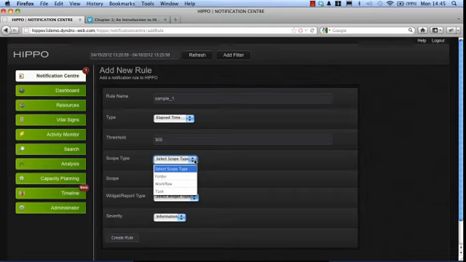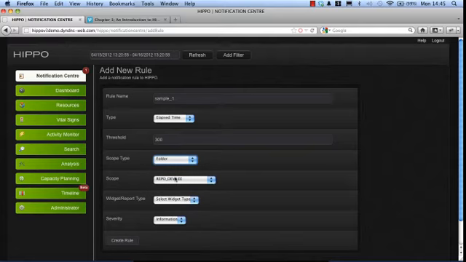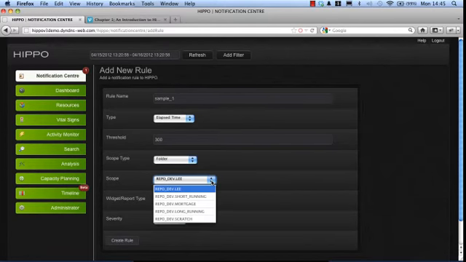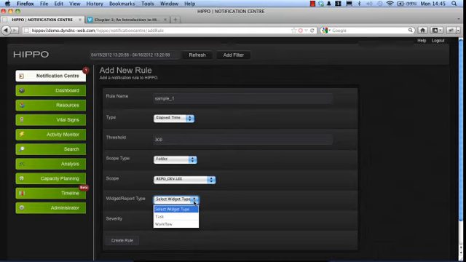So select scope type, and that means how broadly is this rule going to be applied. Well, we're going to apply this rule at folder level, and then Hippo gives us a drop down list of all of the folders which are available to us. I'm going to select this folder called Lee, and I'm going to ask for the rule to be applied at the task level. So if any task exceeds 300 seconds in terms of elapsed time, then an alert is going to be raised. And in terms of the severity, I just want a warning message. So I'm going to create that rule,